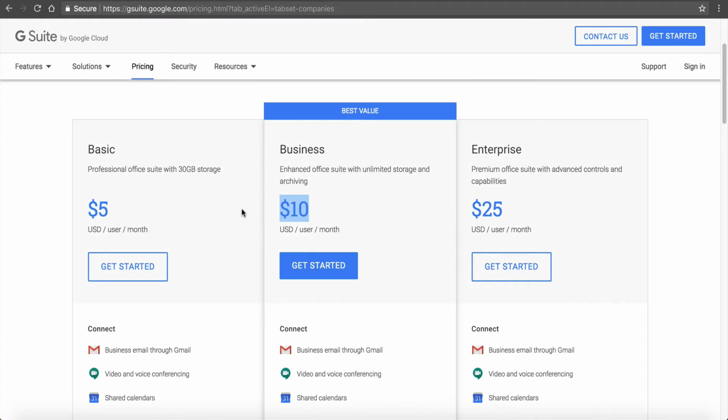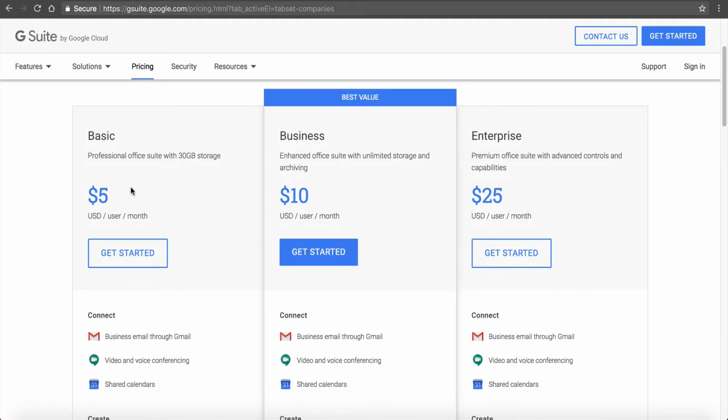And what I like about this is you can upgrade at any time. So, I would just start with the $5 a month and then go from there. Now, one thing that is important to note is back when I started using G Suite, it was called Google Apps back in 2009, and it used to be free. And that's really how they kicked off G Suite, is they offered it as a freemium. So it was free up until, I believe,